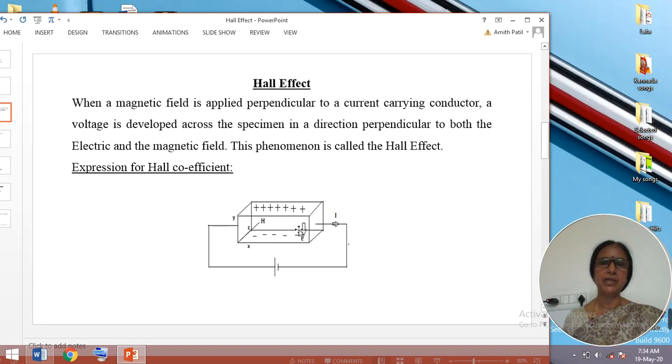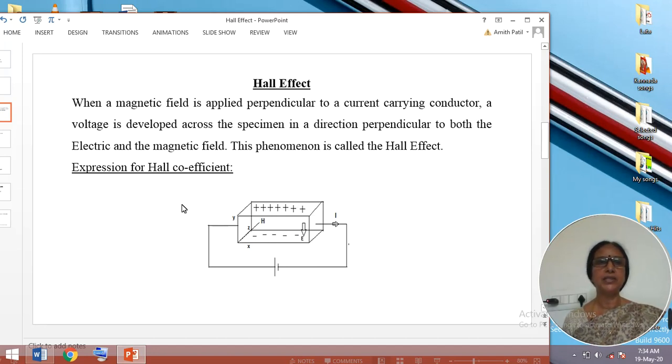Equilibrium condition is nothing but the force experienced by the charges due to the electric field becoming exactly equal to the force experienced by the charges due to the magnetic field. Then the motion of charges stops. Consequently, an electric field is going to develop in the downward direction, which I am showing here because it is the conventional direction. Thereby, a voltage is going to develop along the y direction. In this way, when electric field and magnetic field are applied simultaneously in mutually perpendicular directions, an electric field is going to develop in the y direction. This effect is known as the Hall effect.